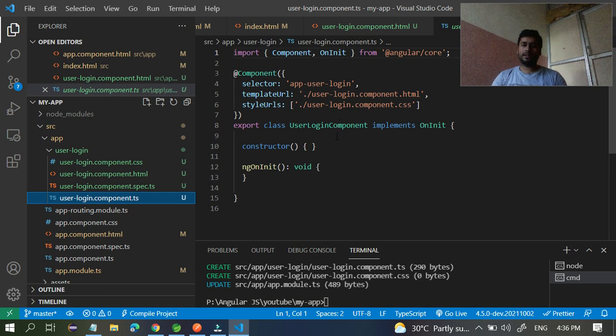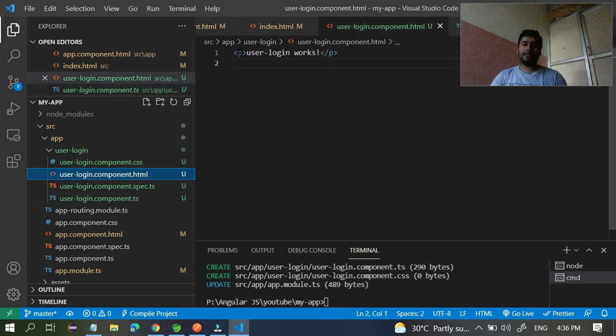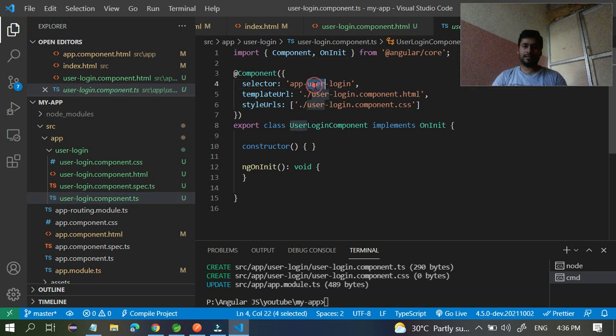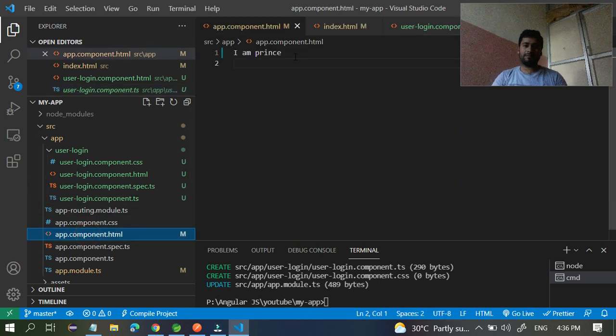So this is one of the components. Here I want to write something. Yeah, it's fine, no problem. So just use your selector. Take your selector, this is the selector. Copy the selector, app-user-login, and go to the app component. Remove this one, and just write here